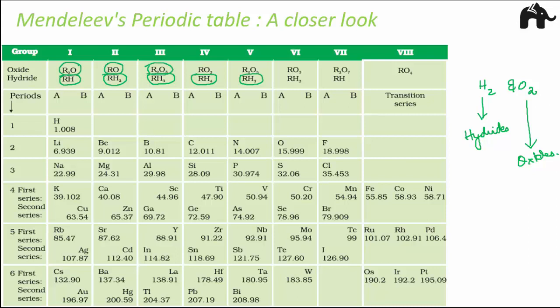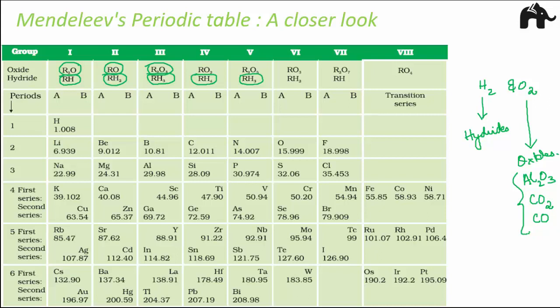So for example, if you think of oxides, aluminium oxide is Al2O3. But carbon dioxide is CO2, carbon monoxide is CO, right? So you have many different formats of oxides. Similarly, the same is the case with hydrides as well, right? So what Mendeleev did was he reacted the elements with hydrogen and oxygen, because hydrogen and oxygen are very reactive elements, and then he got their hydrides and oxides.